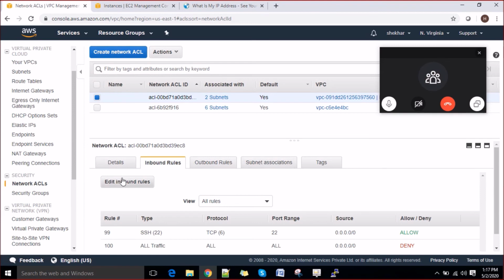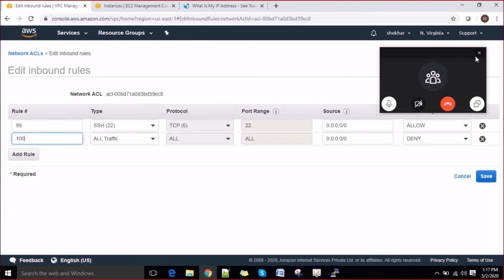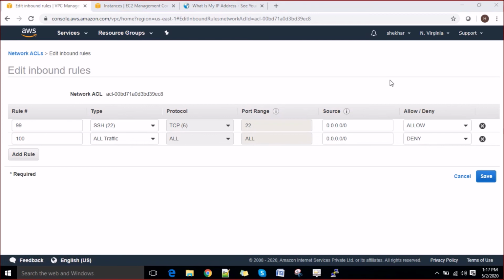Right, so this is how the NACL works, right? So you have two options. This is an additional security layer on top of your security groups. So here you can either deny all of your traffic and specify what should enter your network, right? Then again you filter the same rules in the security group and then allow it to your